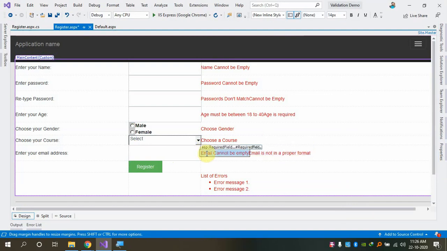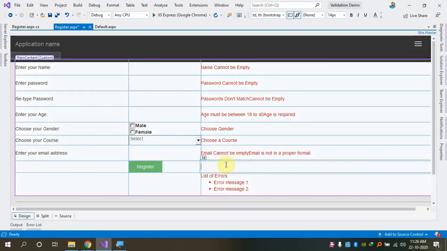So we have put an empty required field validator plus a regular expression validator to check whether this is following an email pattern or not. That's all. Okay. And so right now we have come across four of the most important validation controls. Now, in order to understand how custom validation works,